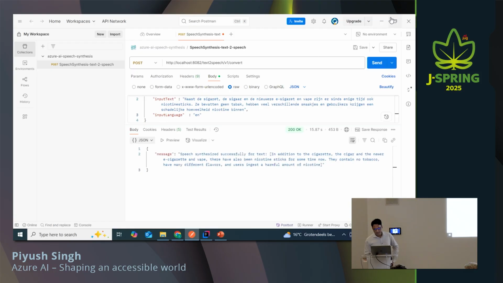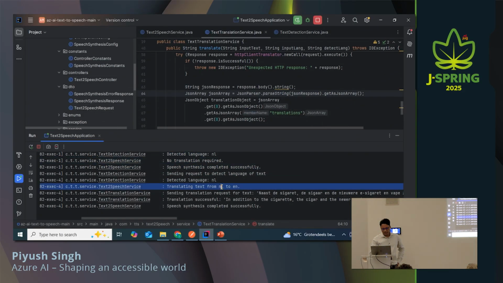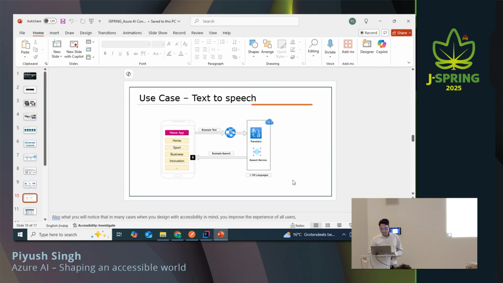It's almost like a German person trying to speak English, but there are more variations there that you can use. And if you look at the logs, it detected it as English, does the translation, and then does that part. So what I try to show with this is